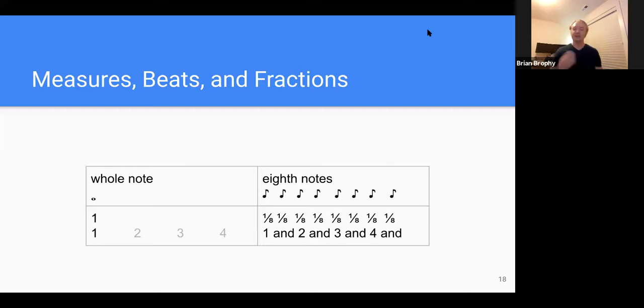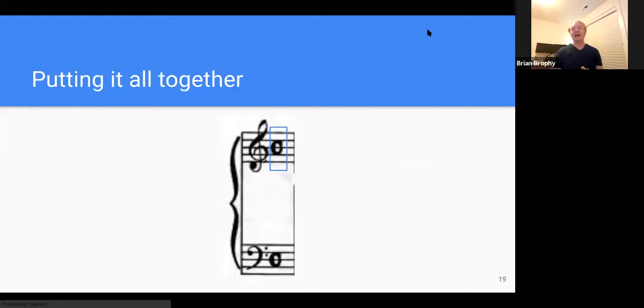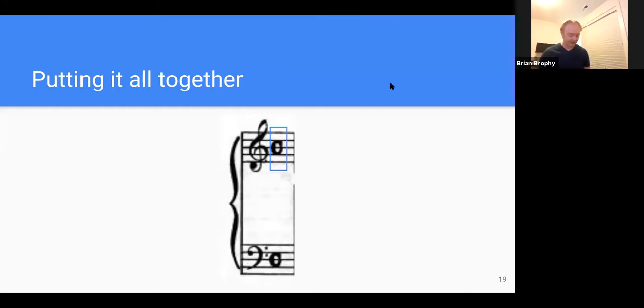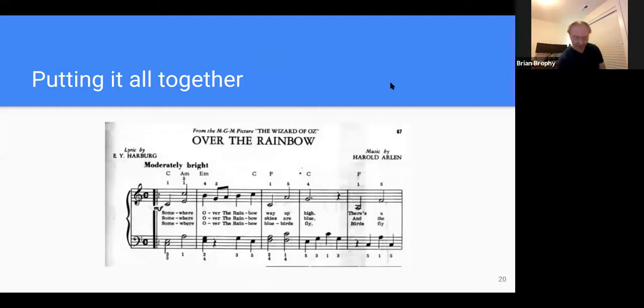So we got a little bit of decoding there, how to read through a set of music and how the math relates them back and forth. But now comes the challenge. Let's put it all together. There's a time signature we haven't gone over yet. Remember when I said 4/4 is very popular? It is so popular, in fact, it's called common time. That means secretly 4/4. So when we think about our patterns of notes, what we have in the upcoming phrase is